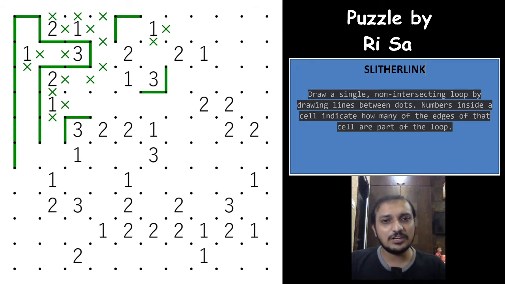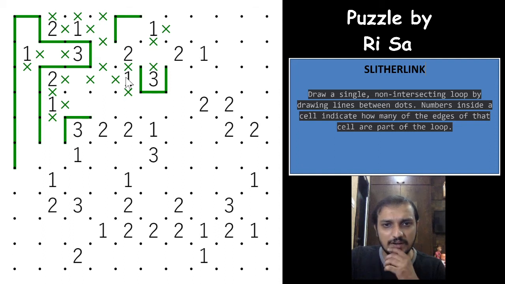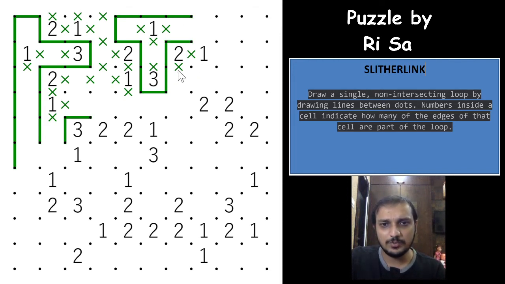It's an excellent way to execute the pattern, and which means that now this loop segment cannot go this way, because that will contradict the 2 here. Same way that we saw with the 3 here. So which means this loop segment will have to go either up or right. That gives you a cross here, and 3 is done, 1 is done, 2 is done, and this one is also done. The same logic again. It cannot be this way because that will close the loop here, so it will have to be this way. What an excellent piece of construction this is.